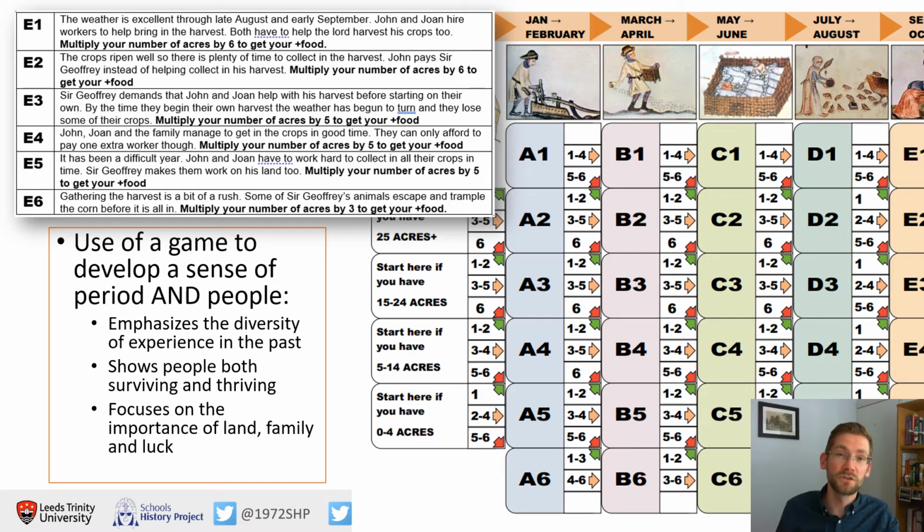Some of the people usually survive, some of the people don't. What will the village do together? And we look at that idea of communal responsibility in villages. We get the sense of